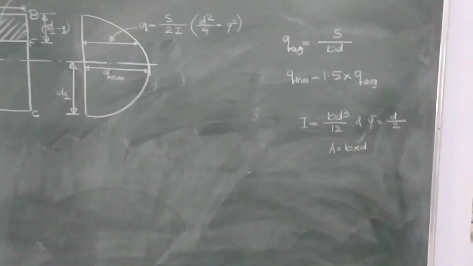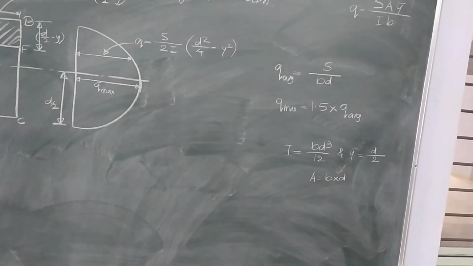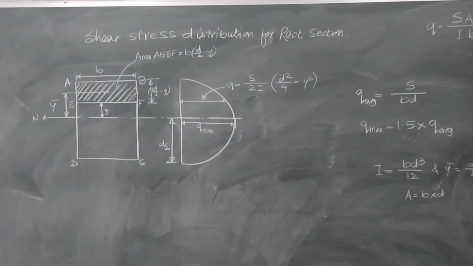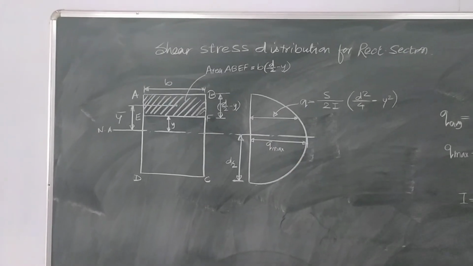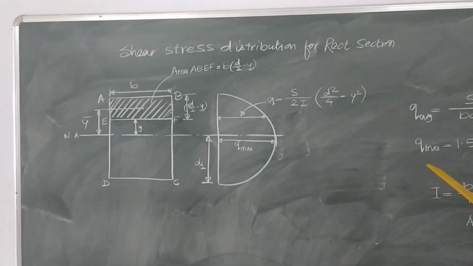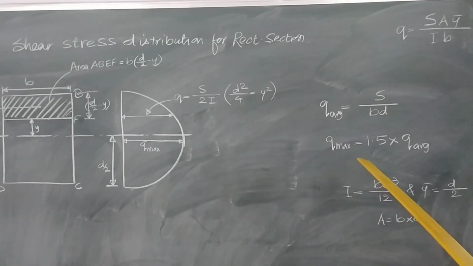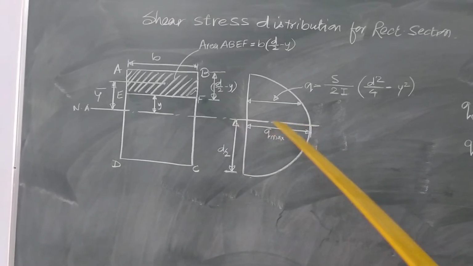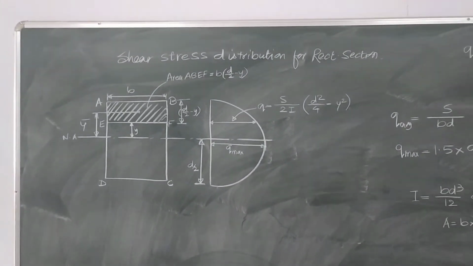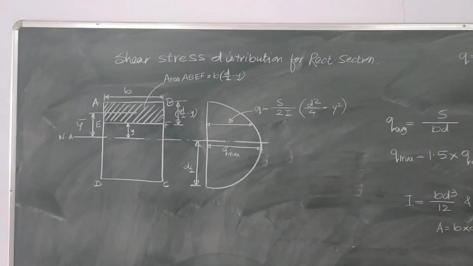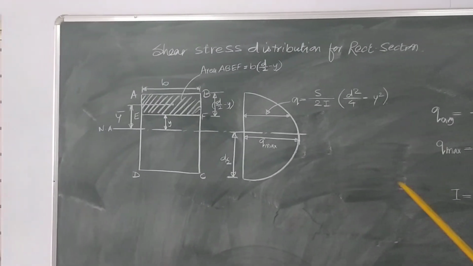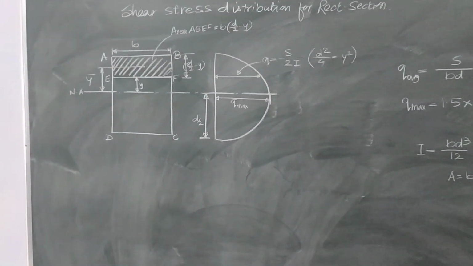So, we have to solve this type of problems based on Q average and Q max. It is for 4 marks in the MSBTE question paper. After solving for the value of Q max and Q average, you have to draw this stress distribution diagram. That is why we have seen this. The value of Q max arrived from this expression, you have to show at the neutral axis, and then you have to draw this stress distribution diagram, as rectangle is a symmetrical figure. So, this is a symmetrical diagram for rectangle.